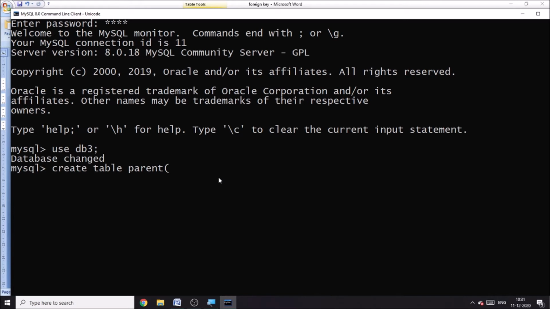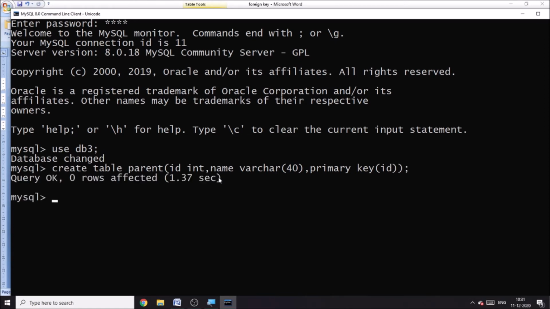First of all we need to make an ID int. Another is parent name, which is varchar, the data type 40. Now we need to make ID the primary key, primary key in brackets ID.